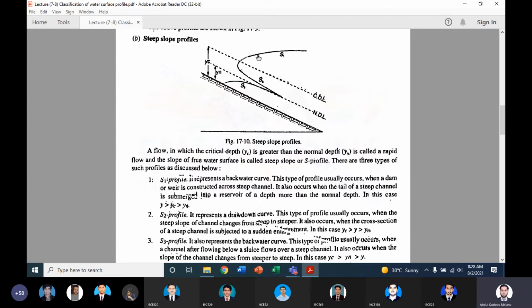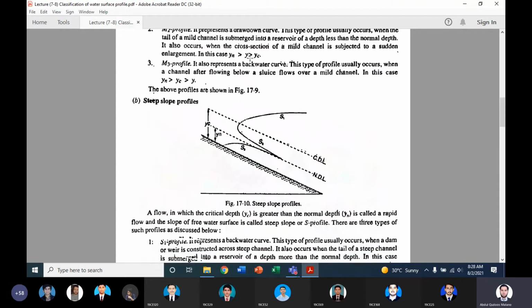Now if you see the figure, अब आप लोग बताएं इसमें क्या होगा? What will be the profile according to the depth of the flow, normal depth and critical depth for the first zone? Look at the figure and then decide. Sir, depth would be greater than the normal depth and, sir, critical depth. Depth of the flow will be greater than normal depth and critical depth.